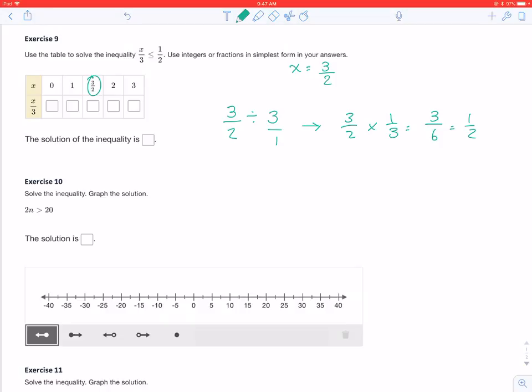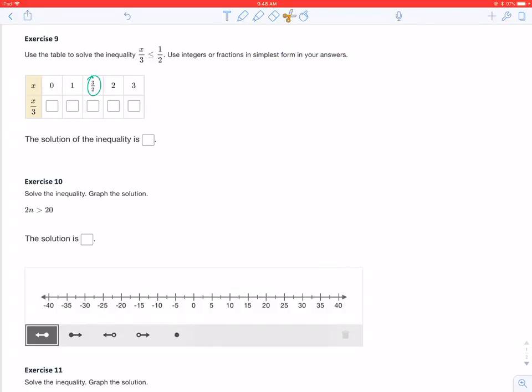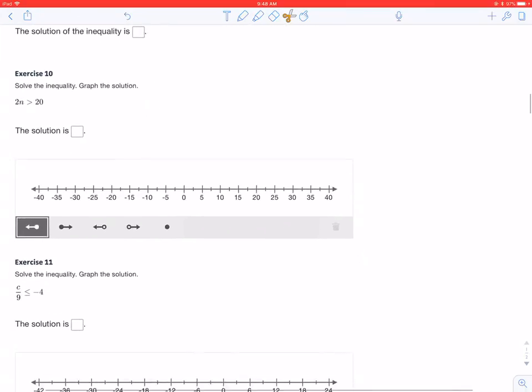So either way that helps you understand it is fine with me, however you do it. You can either just take the fraction that you're substituting in for x, put the top number on the top, bottom number on the bottom, and multiply any numbers that are already there. Or you could work it out traditionally and actually do the keep change flip when you're dividing. Whatever works for you works for me. And then just make sure to solve out those